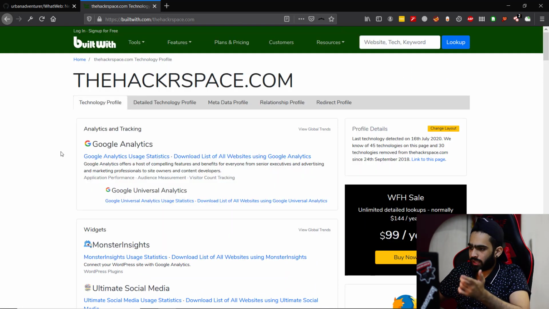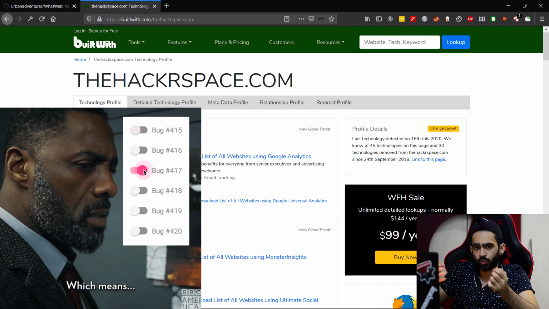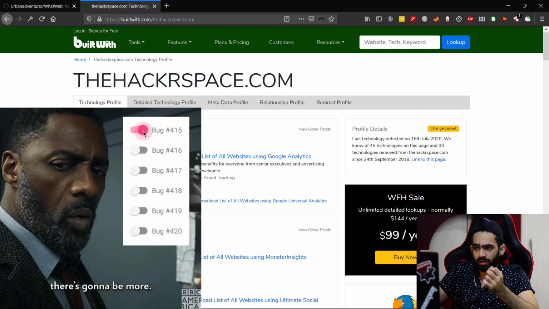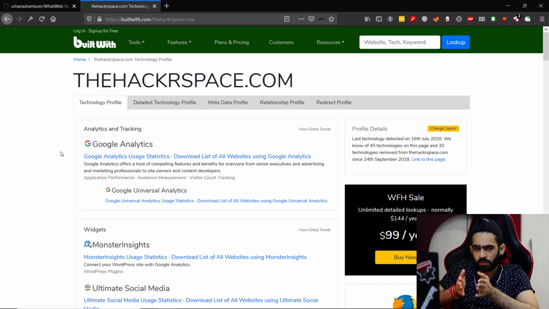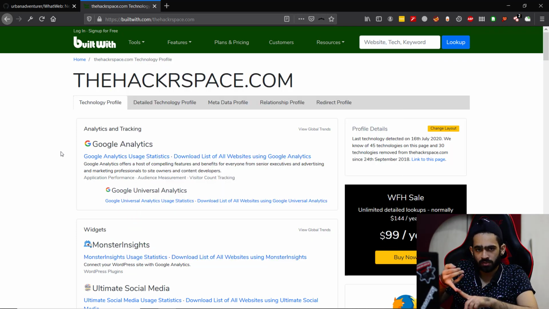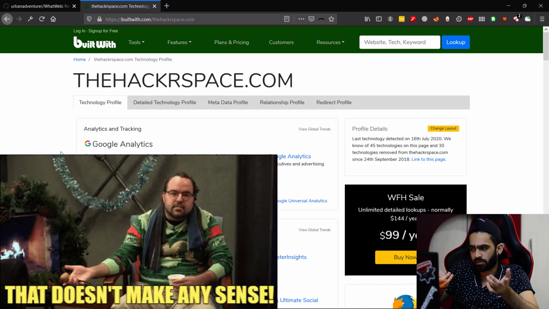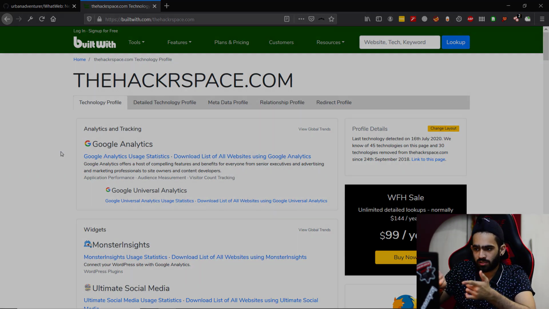The more information we have about our target, the more likely it is for you to find bugs on it, and the more helpful it is for you to be very specific towards your target and not wander around blindly firing payloads. If it's a PHP site, firing ASP payloads on that as well. If it's an IIS server, trying exploits for Apache, which doesn't even make any sense. That is why we just found out what are the technologies being used by the server.